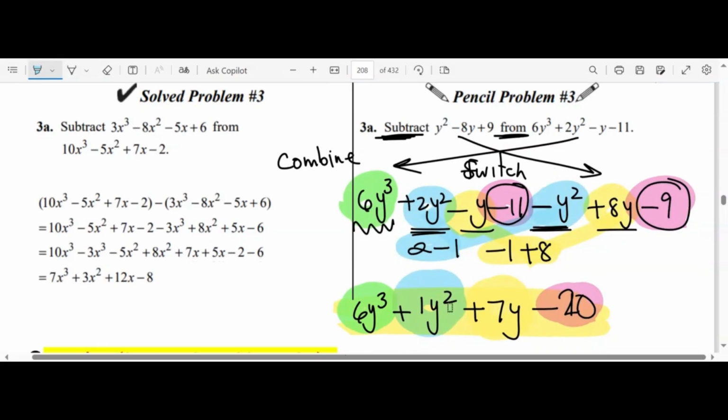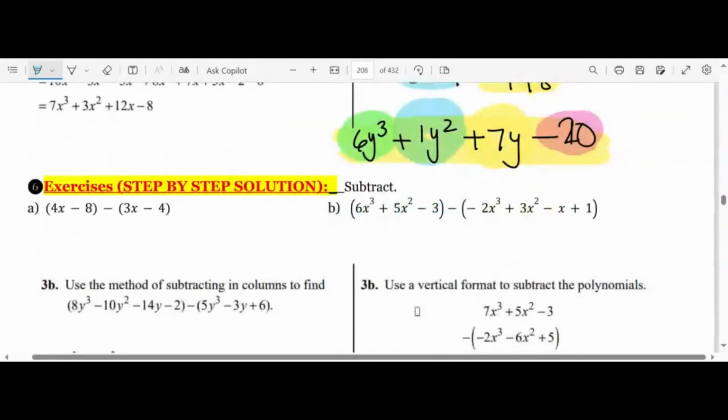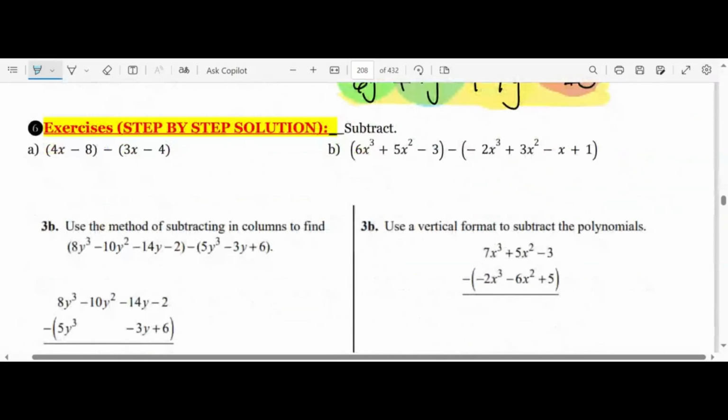Is that clear? Clear. Move on to the next one. Now it's an exercise. Can you do this? Yeah. Yalla, do it. B, this one? Yeah. Okay. So